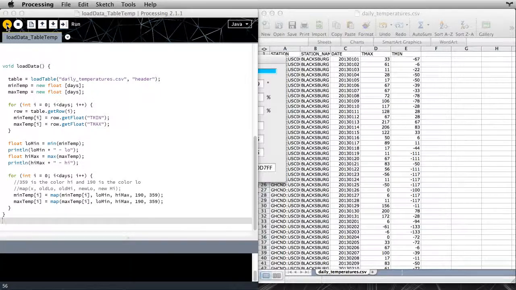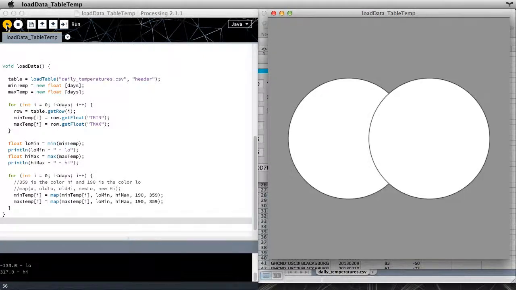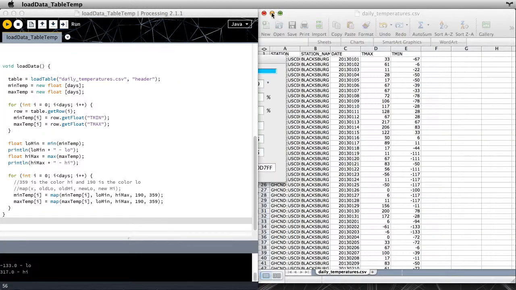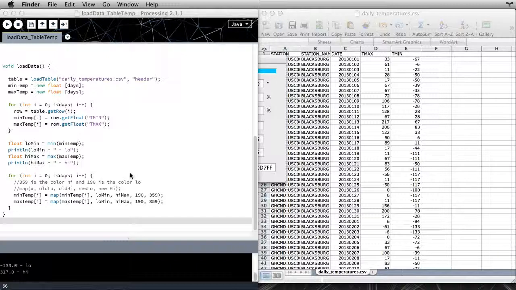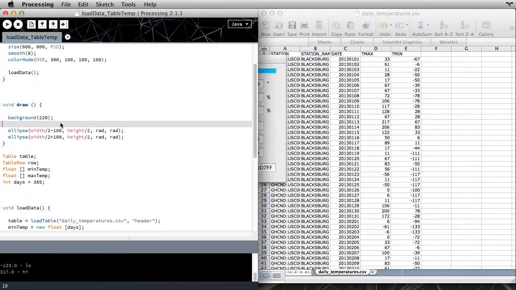And let's see if it blows up. Ready, and right, okay. All right, so we have successfully loaded all of our data, broken it down and assigned them to arrays, searched those arrays for the values that we want, kind of the meaningful highs and lows, and then we've remapped those values into something that's meaningful for us. So now we can go back in here